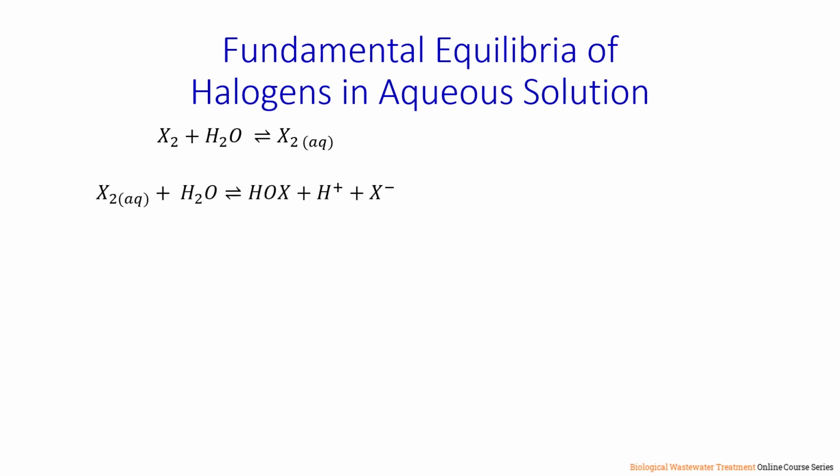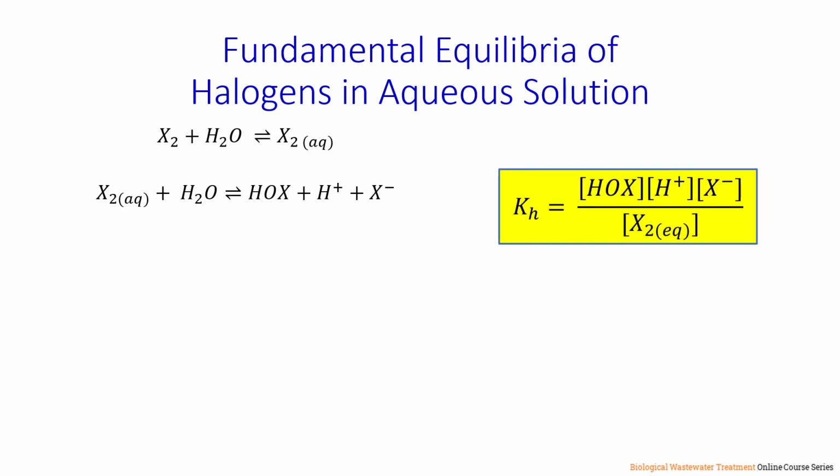In turn, aqueous halogen molecules will react with water through a hydrolysis reaction to yield a hypohalous acid, HOX, and a hydrohalic acid, HX, which tends to be a strong acid. The equilibrium for this reaction, which tends to be fast in both directions and therefore allows equilibrium conditions to be met very quickly, is defined by a hydrolysis constant, and the mathematical description of that hydrolysis constant follows the general